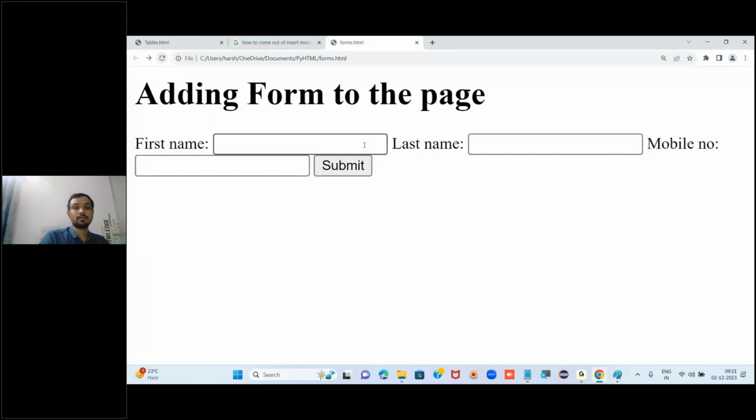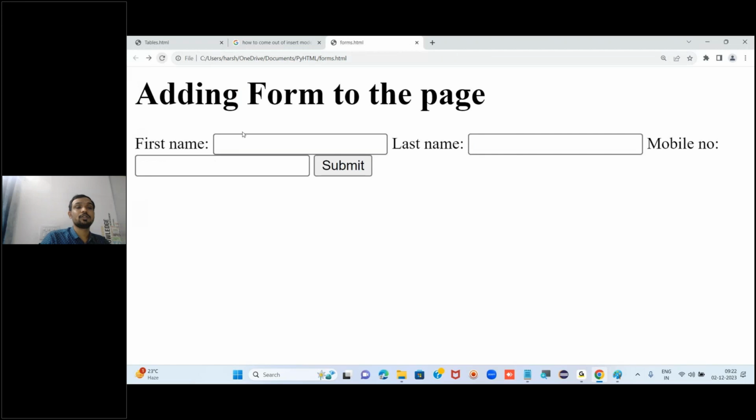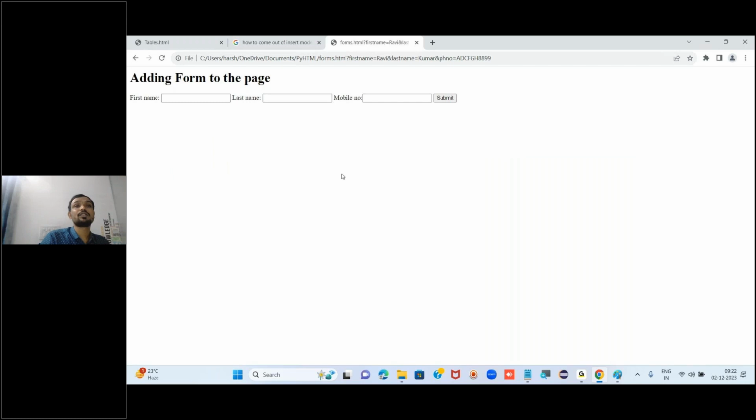Now, reload, write mobile number, submit. Yeah, see the output. I mean, it's been submitted, right? Absolutely submitted. Now, observe one more time. Name I am entering. Last name also I am entering here. Mobile number. Enter this, right? Submitted. Properly submitted or not? So first name value is Ravi, last name value is Kumar, phone number is ABC something FGH double eight double nine. Right. The problem is